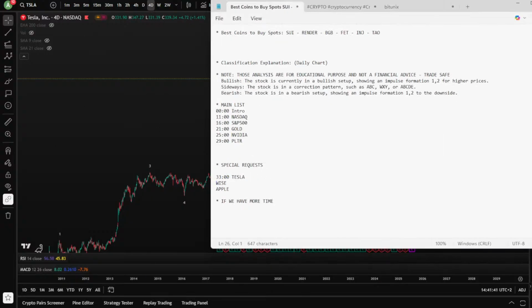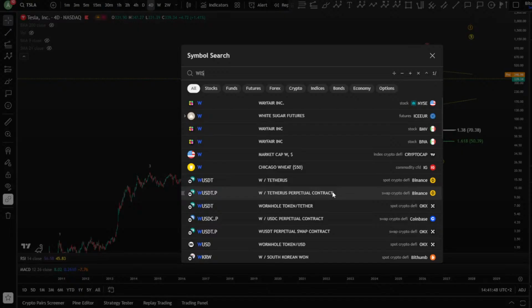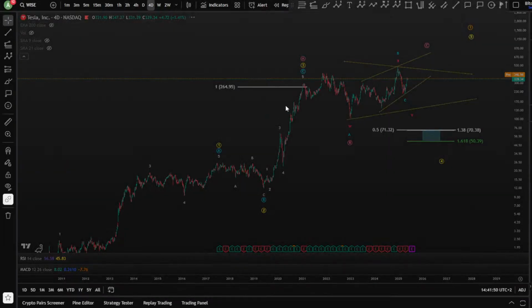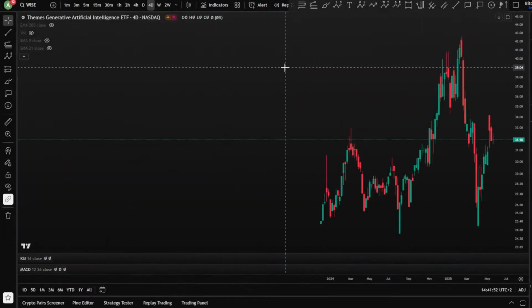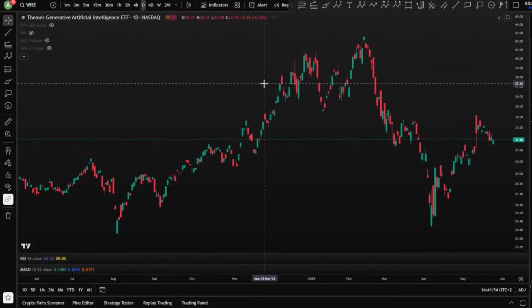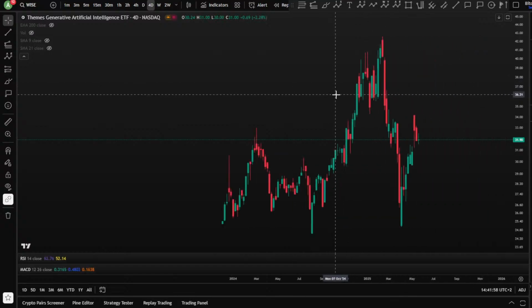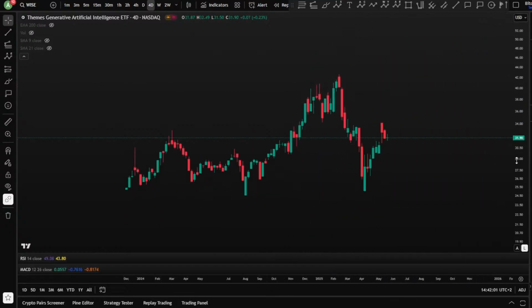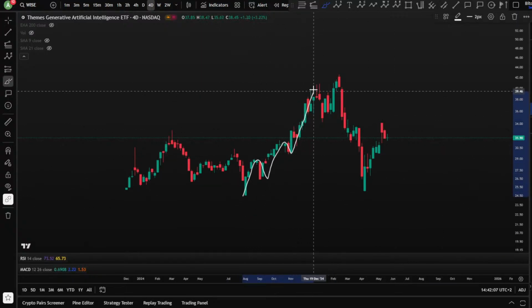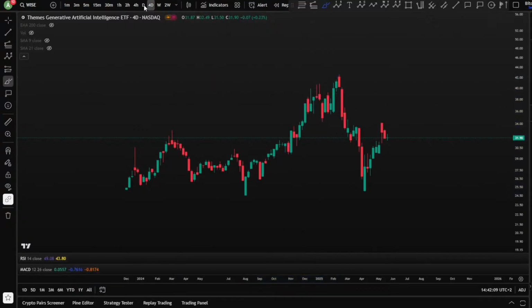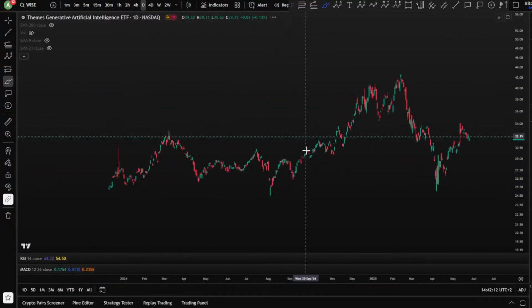Alright, let's take a look at Wise, and we have to look faster. We need to go for trading, guys. Alright, Wise. So yeah, this is what I was talking about, guys. Always having a good, impulsive chart to be safe in trading. This is not an impulsive chart at all, right? Now, okay, you see a potential impulse, but not a really clear one. Let me check.